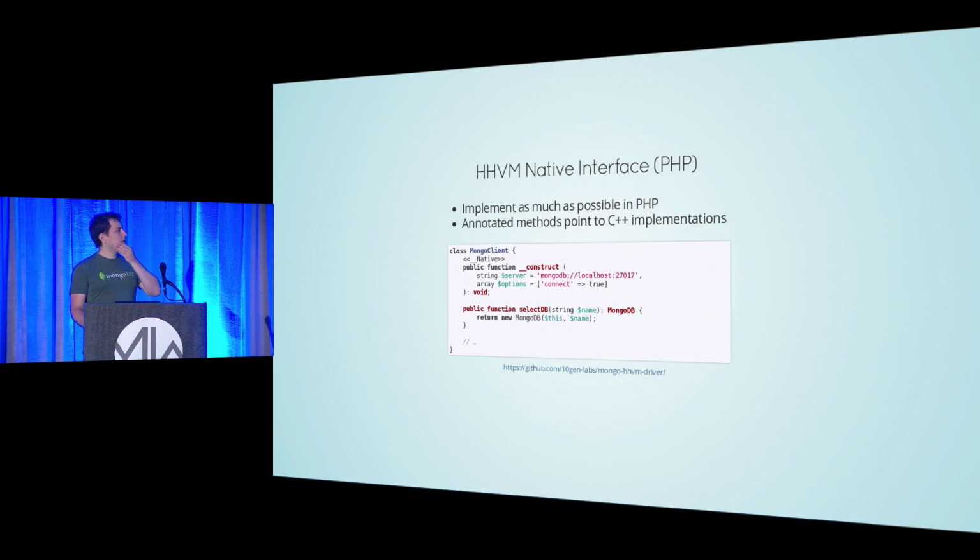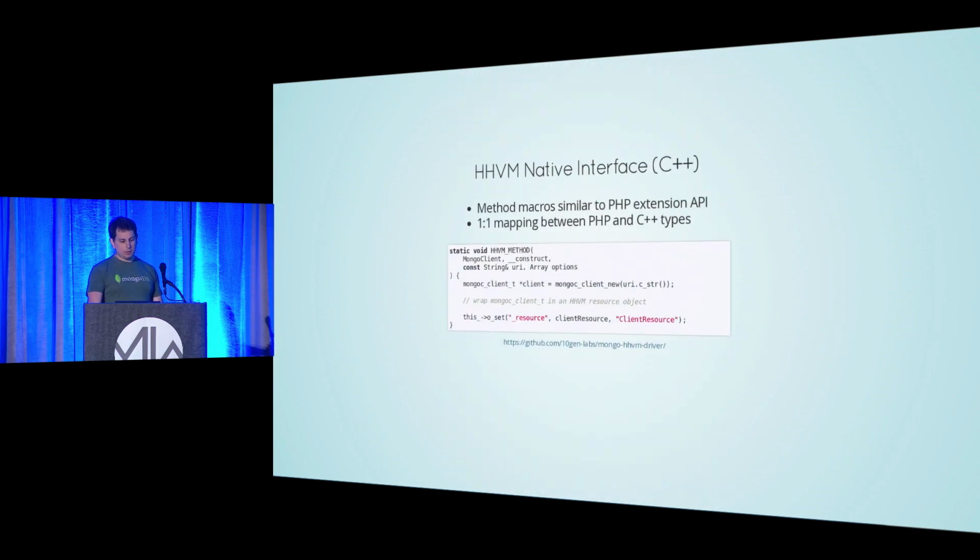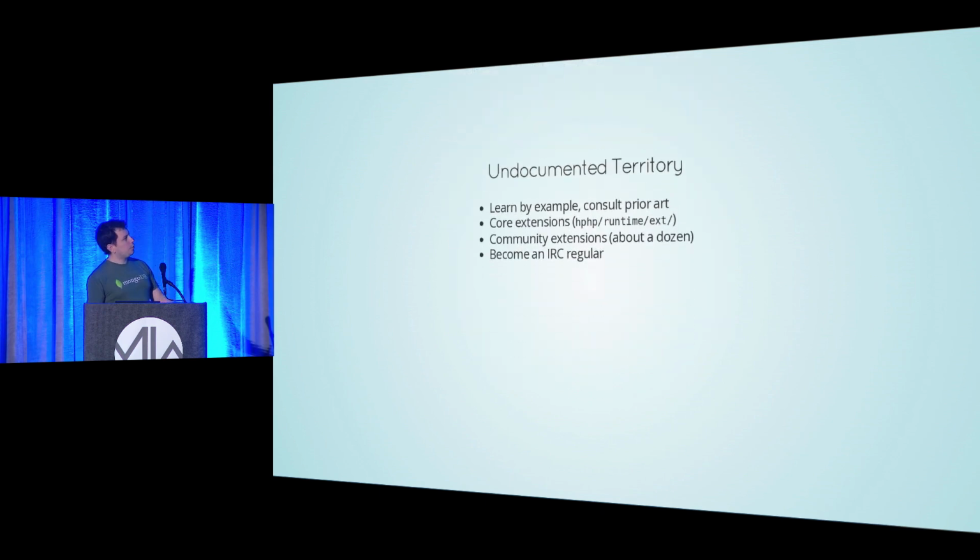But one of the things we did with the Mongo driver as a research project was taking our C driver and binding it to HHVM. So we had this PHP code, and we used native, which happens to be a user attribute, just an annotation, and that says, well, this function should be used as we should look for a C++ implementation, which happens to be in a corresponding C++ file, that implements the same signature with one-to-one type mapping, and we can call out to the C++ code and go back into PHP code as necessary. So this is a huge game changer in terms of writing extensions. It's also quite undocumented,